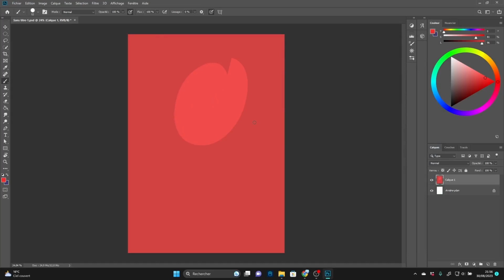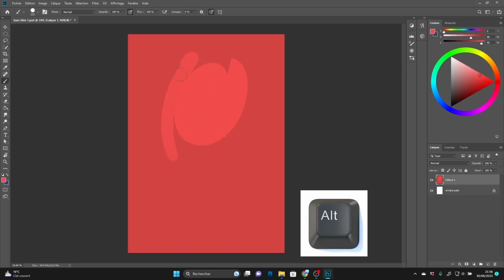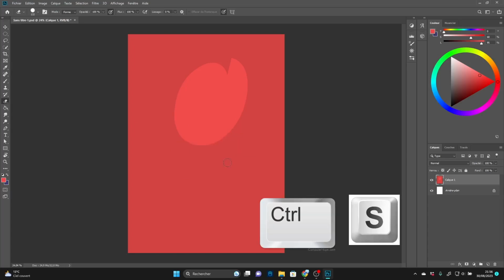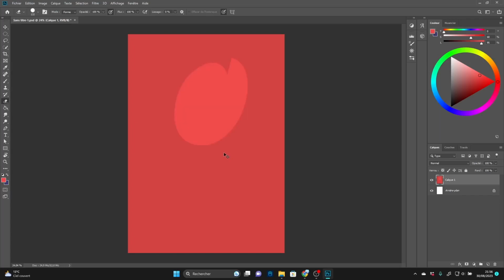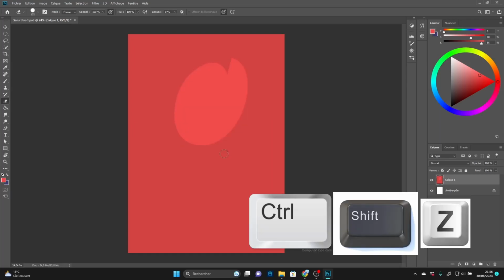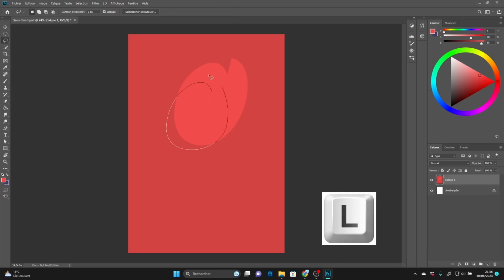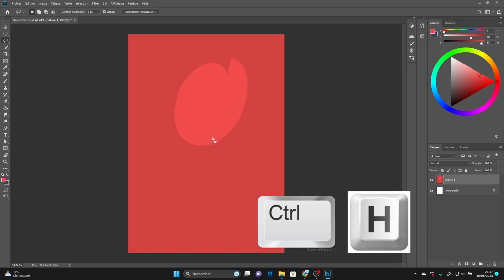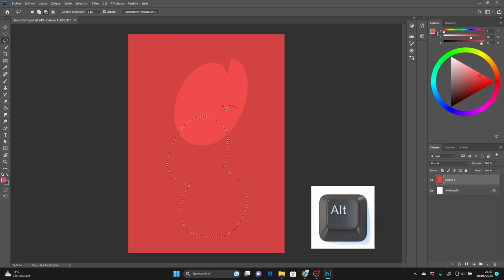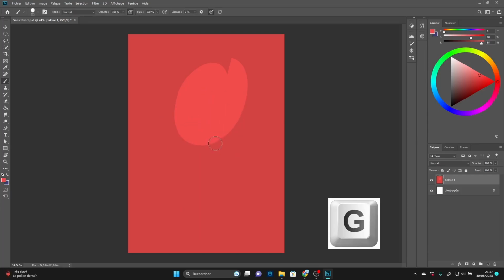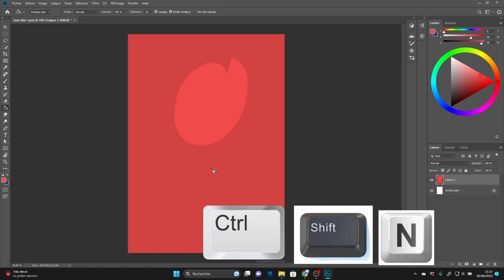To conclude this video, here's a quick recap of my favorite shortcuts. You have, of course, B to use your brush, Alt with your brush to color pick, E to erase, Ctrl S to save, Ctrl Z to undo, Ctrl Shift Z to redo, L for lasso tool, Ctrl H to hide your selection, Shift to select more, and Alt to erase selection, G for the bucket tool, Ctrl Shift N for